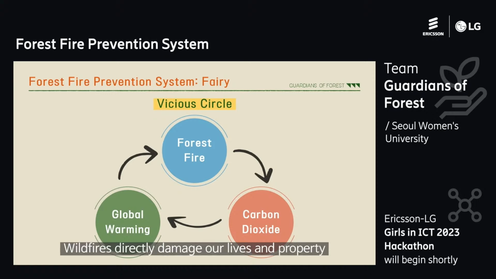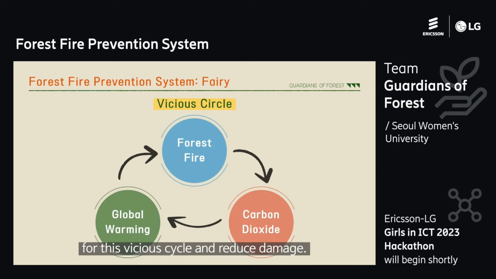Wildfires directly damage our lives and property and destroy the wild ecosystem. Wildfires also generate huge amounts of carbon dioxide, which promotes global warming, and climate change caused by global warming has a negative impact on wildfires again. Our team thought that a service for wildfire prevention and effective initial suppression was needed to prepare for this vicious cycle